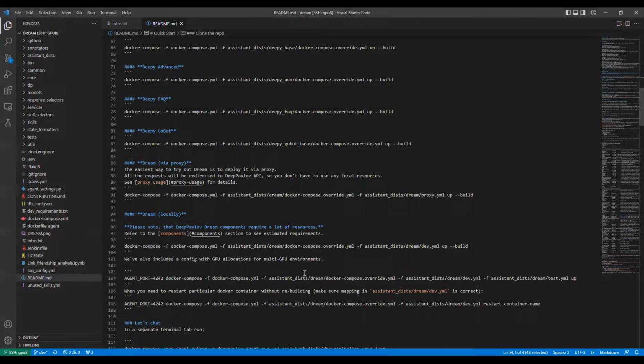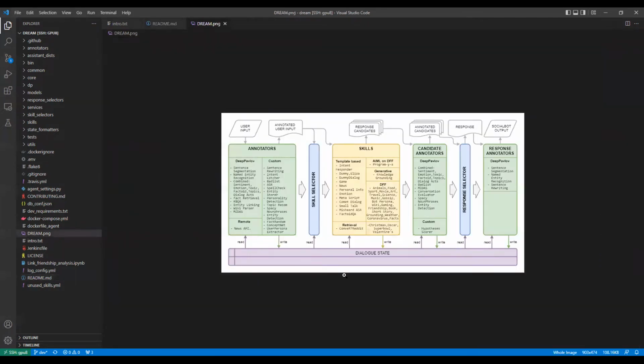So I have access to Docker. And I suggest you start from the Dream social bot picture. Let's look at it. This is a full image of what components we currently have in our dialogue system